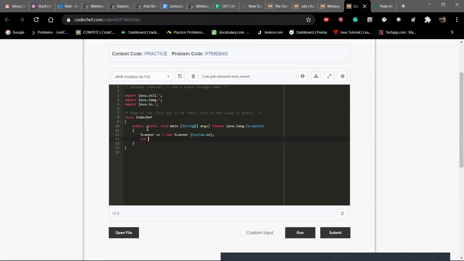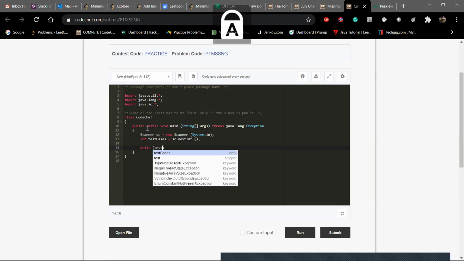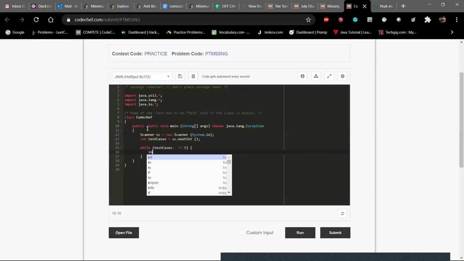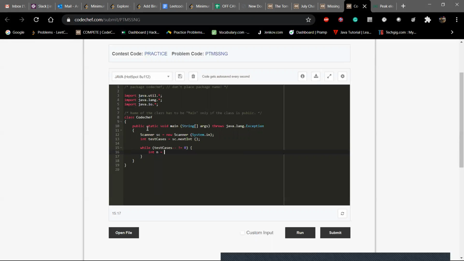I read the number of test cases with sc.nextInt and loop over the test cases. Then I read n, the number of rectangles, and the number of vertices is 4 times n minus 1.